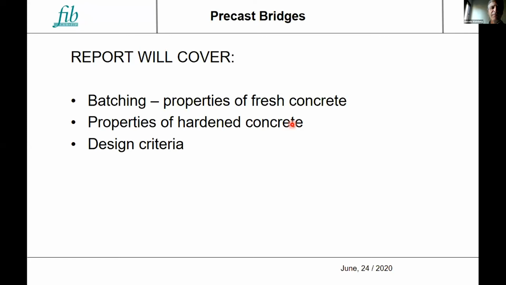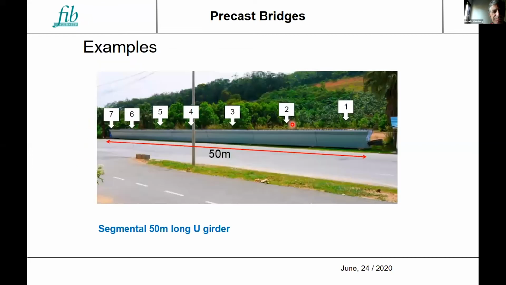It's supposed to be a very practical document, so that you will find design criteria, although this is not a subject covered in many of the codes around the world so far. And again, we will find examples of real bridges that have been built with this material, and how to design and calculate these bridges.